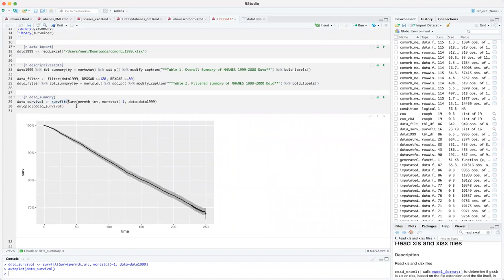So this is called survfit from the survival package. And Surv is a mathematical function that generates a Kaplan-Meier plot. It's called the survival function. That's a statistical thing. So basically the survfit model, what that does, it takes an X and a Y,